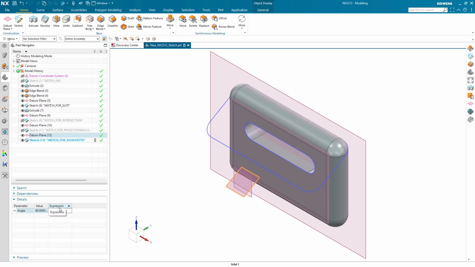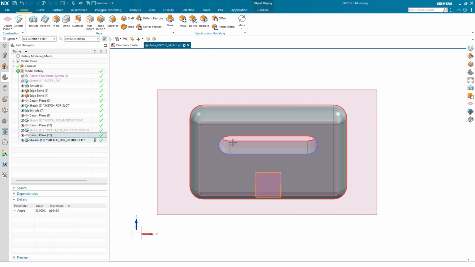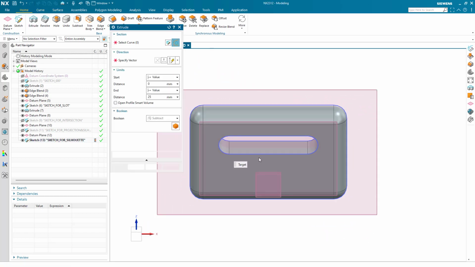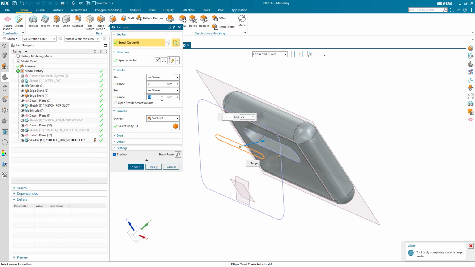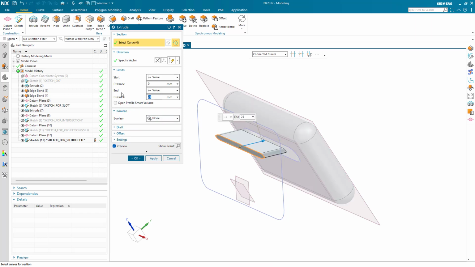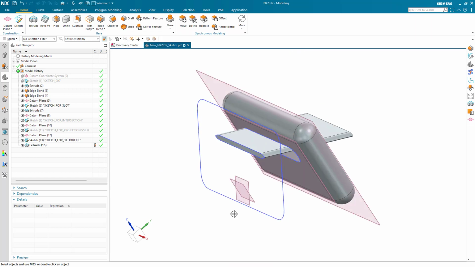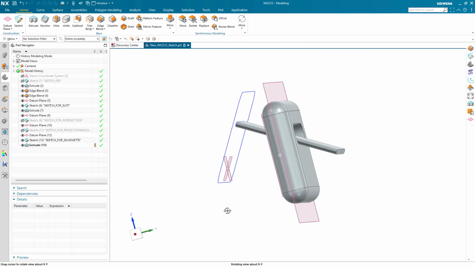So I'm just going to change this to a steeper angle, and you'll see here that since we have body faces, the through slot is now exposed at that angle, so it also includes that in my sketch. And then I can come in here and extrude this portion of the silhouette curve, and this could represent maybe a component that would pass through this slot at a specific angle.